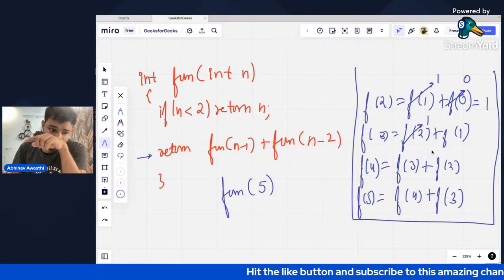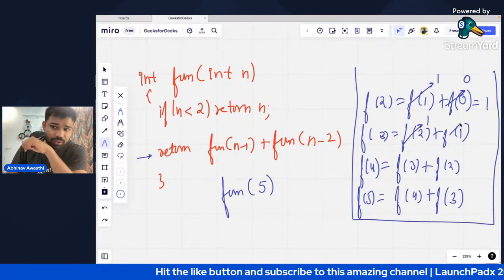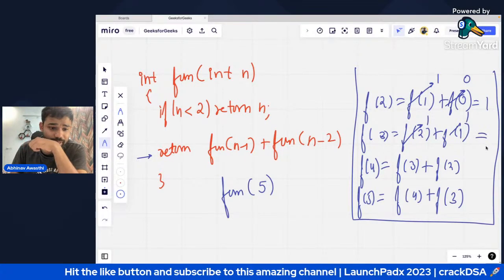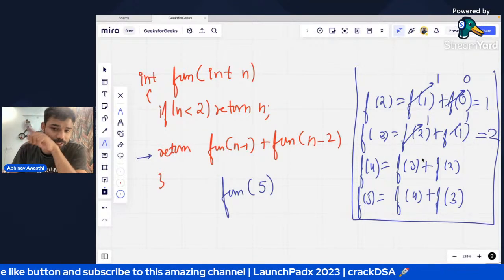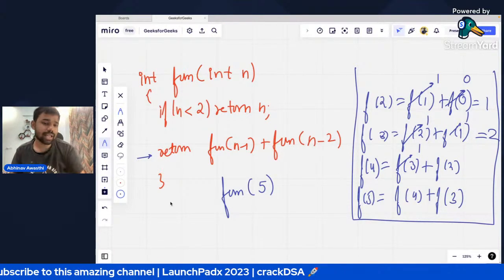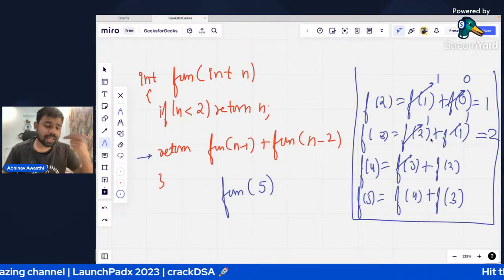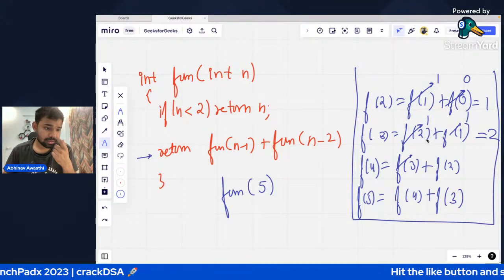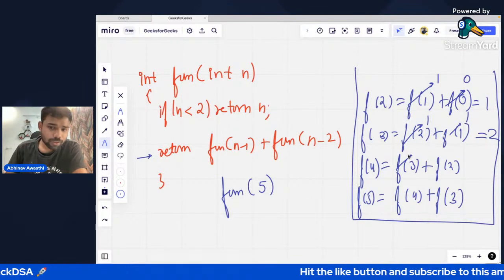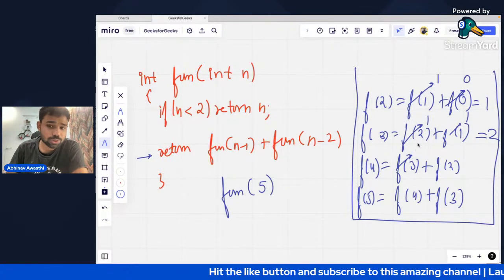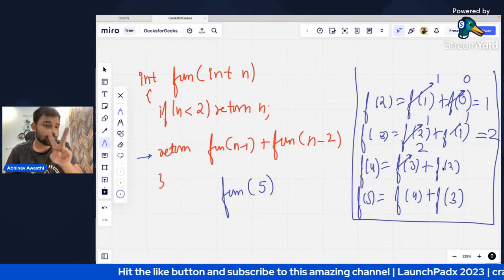अब देखो, अब function 2 की वैल्यू 1 है, function 1 की वैल्यू 1 है. तो function 3 की वैल्यू क्या हो जाएगी? 2. Now function 3 will become 2. अब देखो बात क्या है ना? You can see here कि again and again the same thing is calculated. Okay, you can see here, guys, कि function 3 value we have calculated, it was 2. अब here it is asking function of 2.